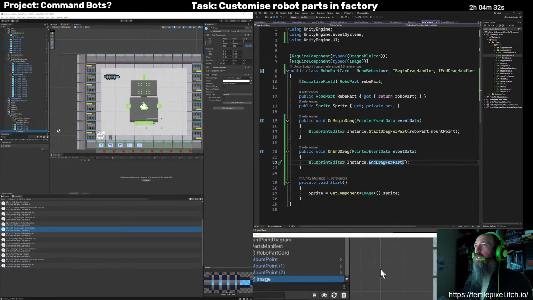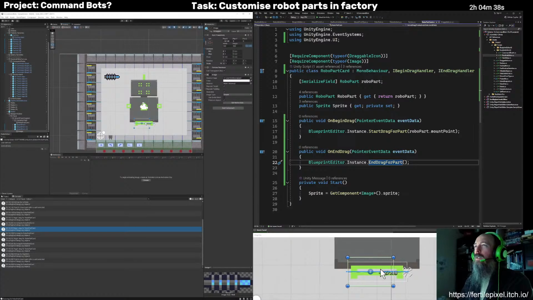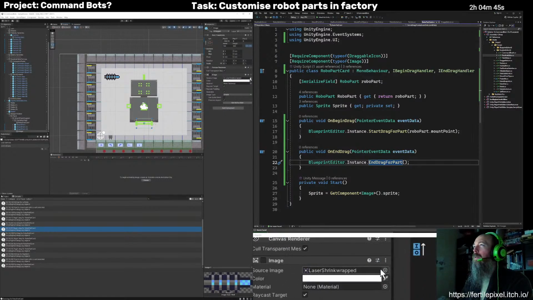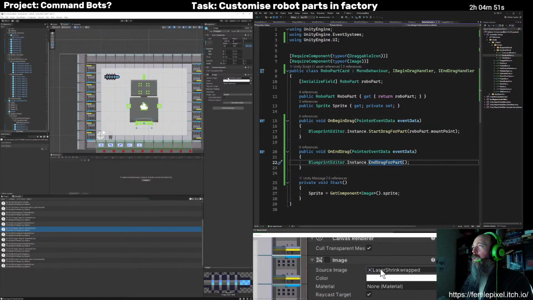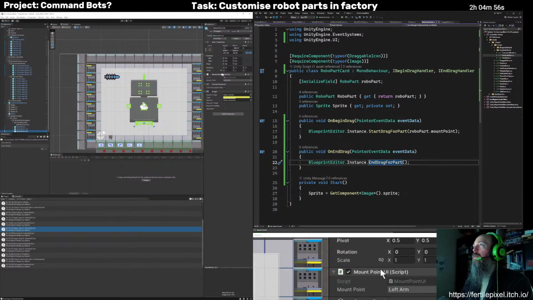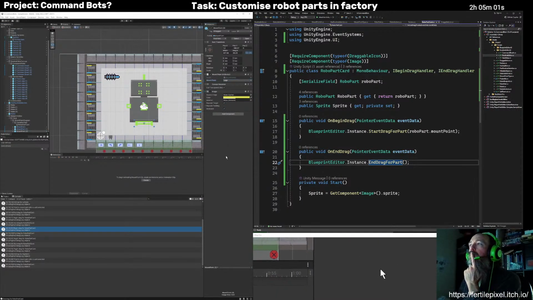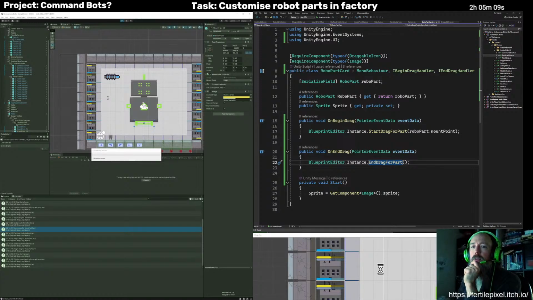And positioning of the image here. I think that's just probably going to go there. And it's not enabled, so it's fine with whatever. Okay, good. Oh, and of course we want this mount point to not be left arm. This will be for legs. Okay, so that should tell us if we're highlighting just the correct ones.